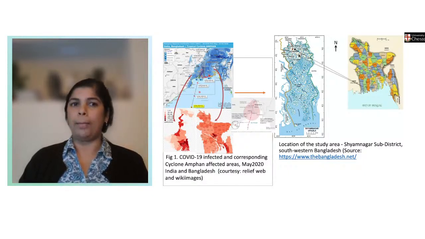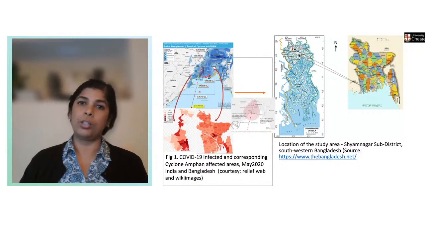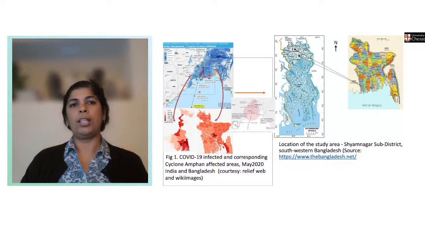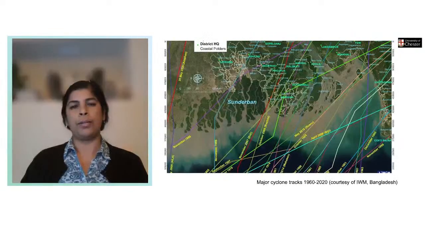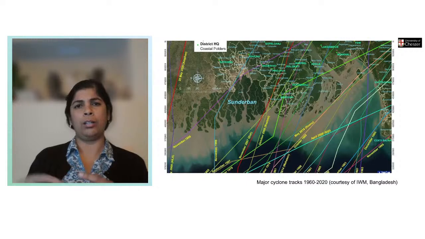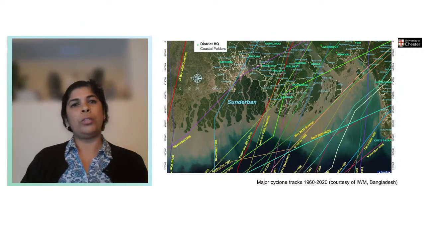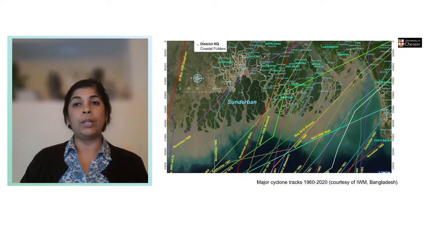So, what happened on May 20th, 2020? The southwestern part of Bangladesh was hit by a cyclone. The name of the cyclone was Amphan. Although the eye of the cyclone predominantly traversed India, in the state called West Bengal, it passed through Bangladesh very close to the border with India. The name of the area was Shatkhira.